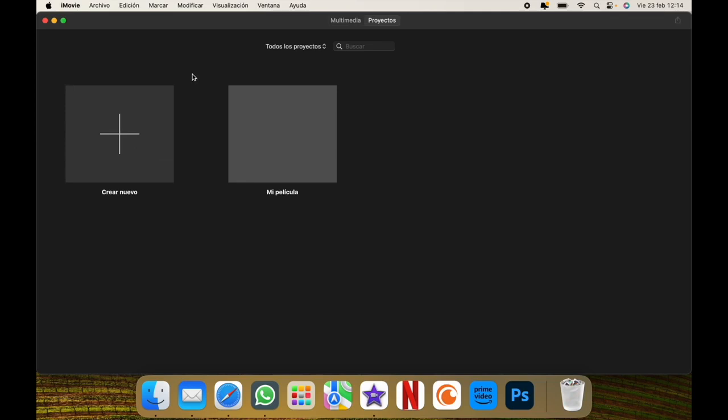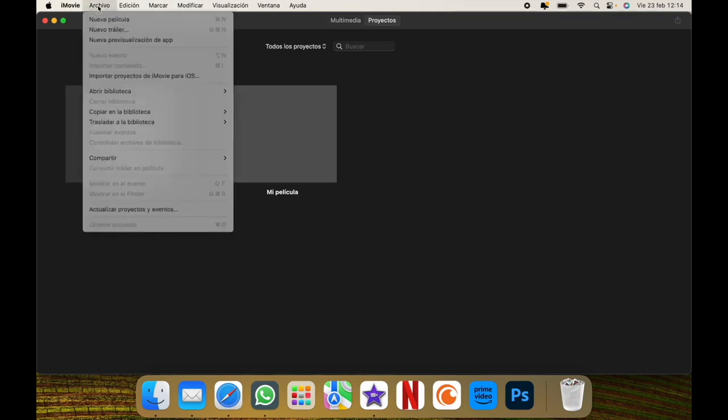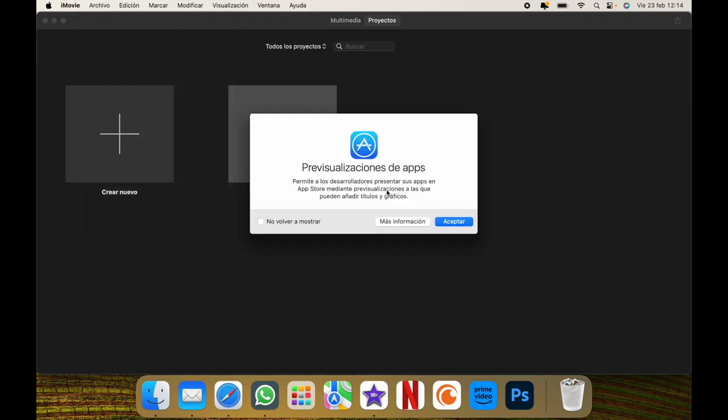To create the project so that we can edit vertically, we are going to go up to the bar up here and we are going to click where it says File. Here we are going to go down to where we find New App Preview. In principle this name doesn't say anything at all, in fact, normally if you see it you won't think that this is it, but well, we click on New App Preview, a window appears, it tells us here